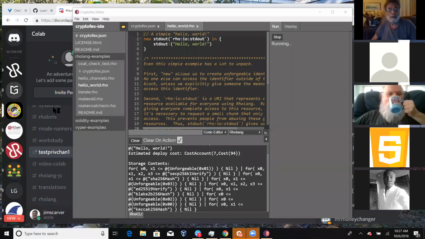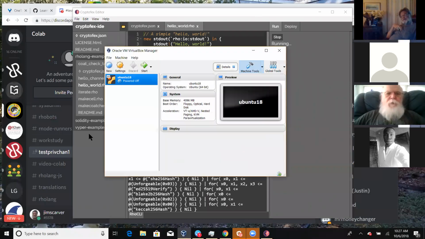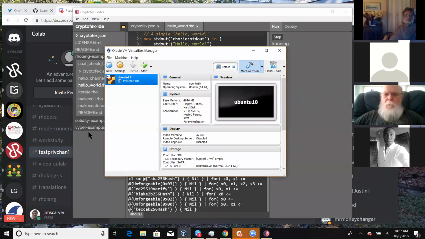When I run my Ubuntu cryptofex, it works. I can fire that up.